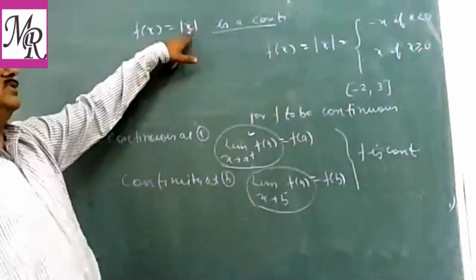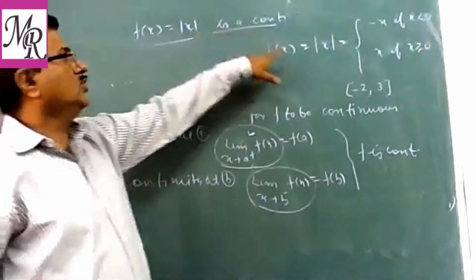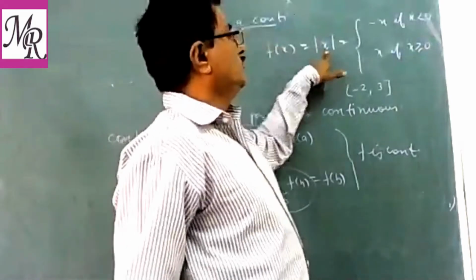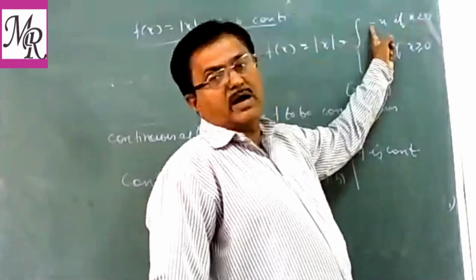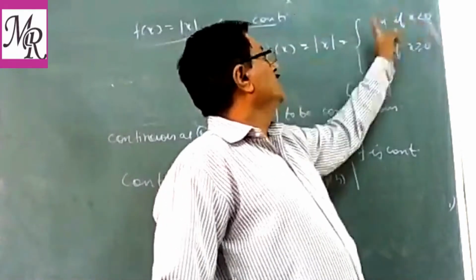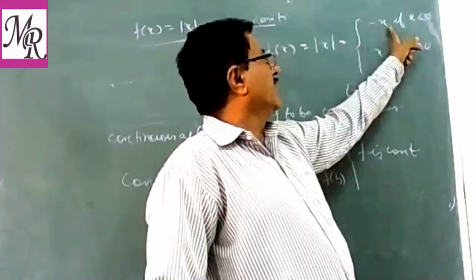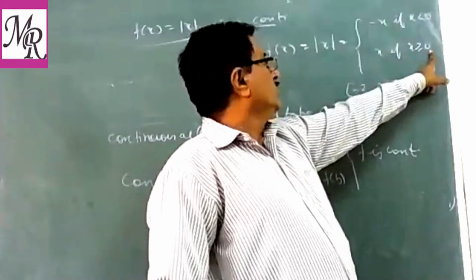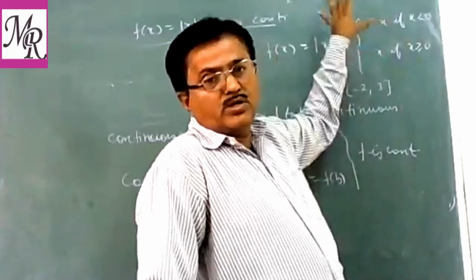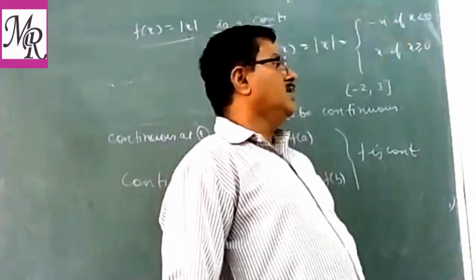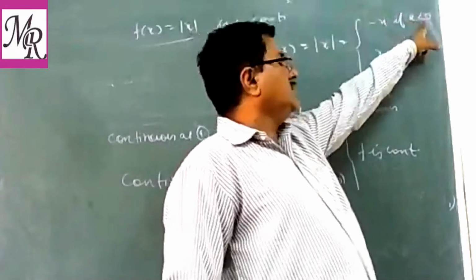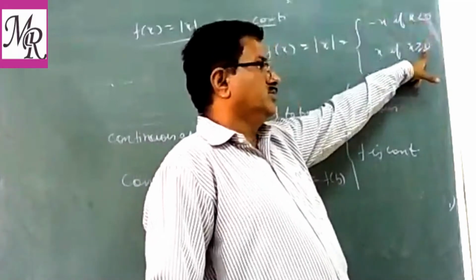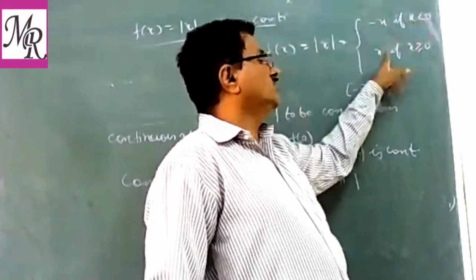Value of mod x is always positive. So mod x equal to positive. When you are taking x less than 0, then you have to put here minus. जैसे आपने minus 2 लिया, तो minus of minus 2 plus 2 आ जाएगा. If you are taking 2, then directly 2. So we always redefine the modulus function at the point x less than 0 and greater than 0. And when x equal to 0, it is 0.